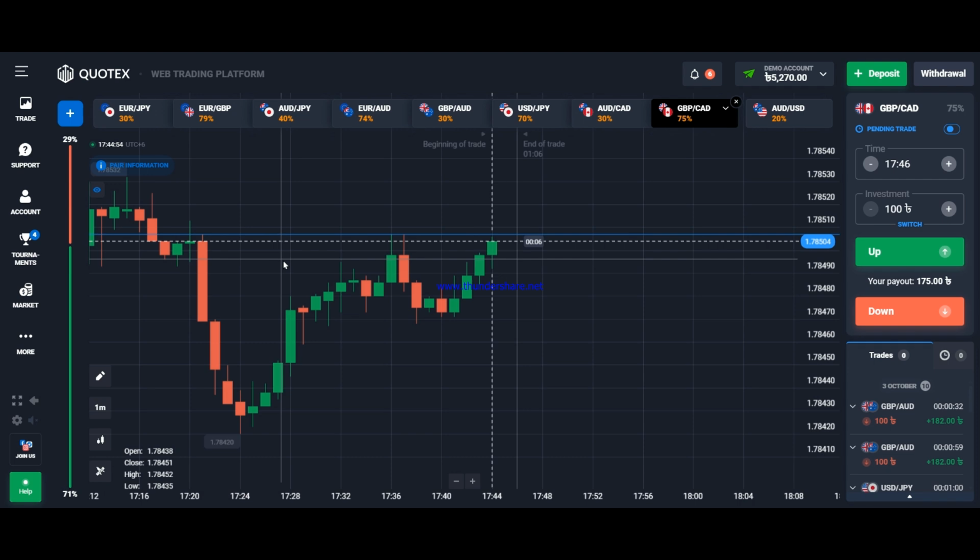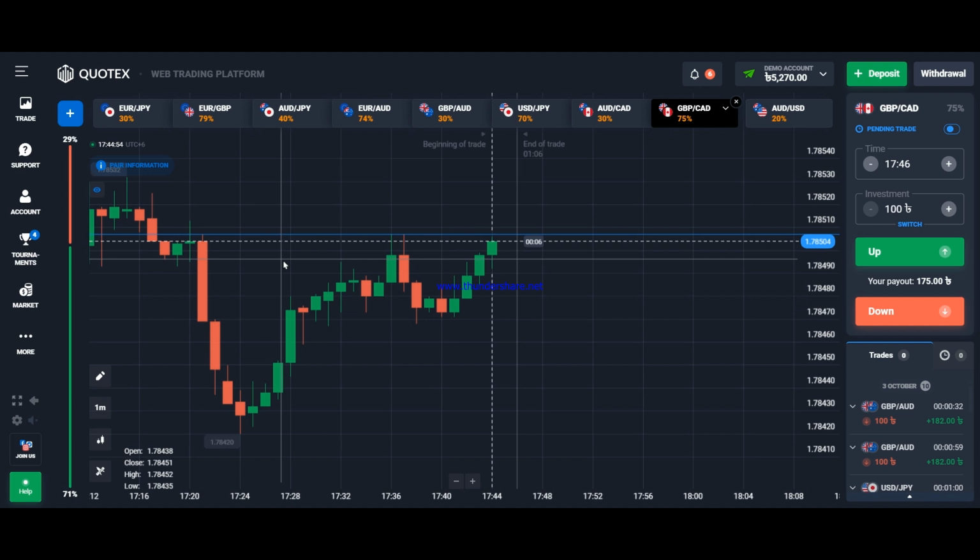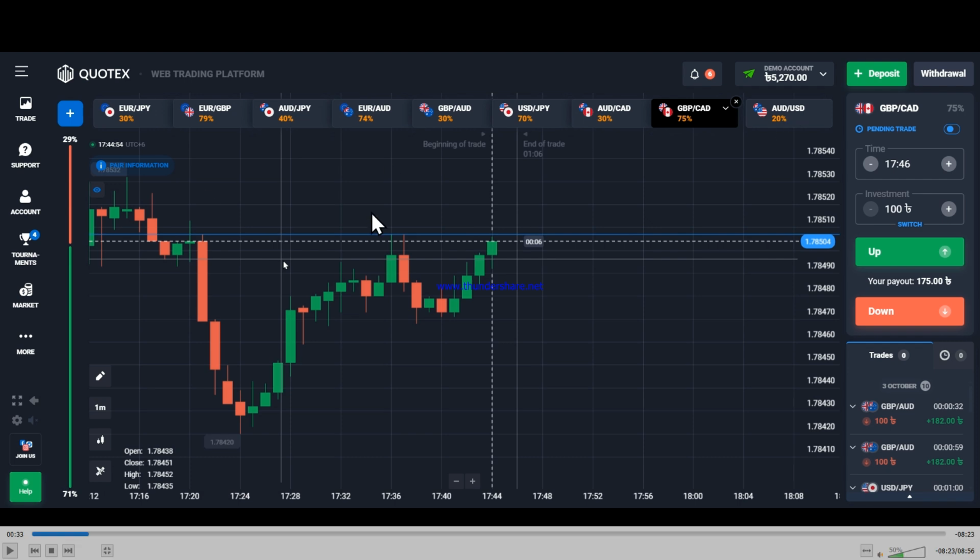If the trendy party doesn't respect these levels, the lower high or higher low levels, then you should understand that the trendy party is too strong, and you should trade for the trendy party. So I placed my horizontal line on the lower high level, and I am